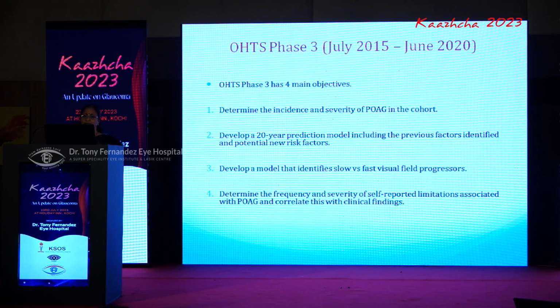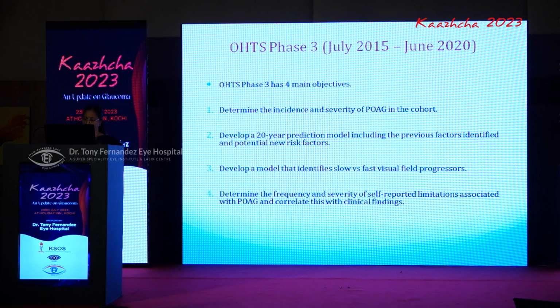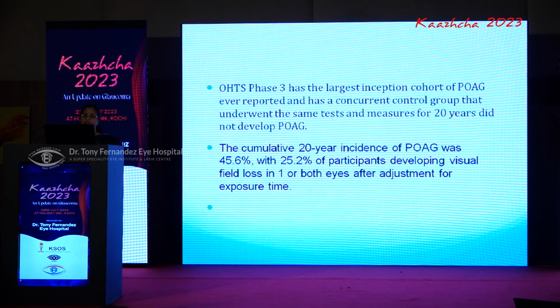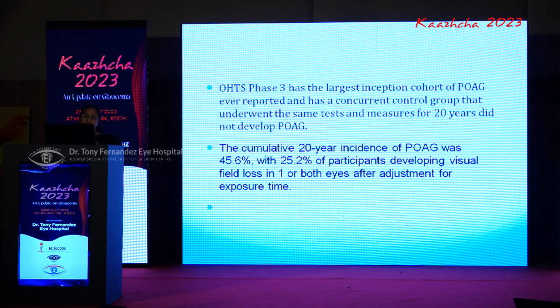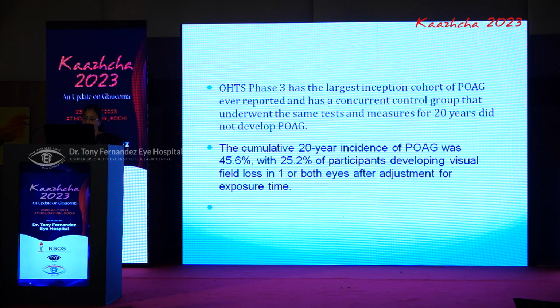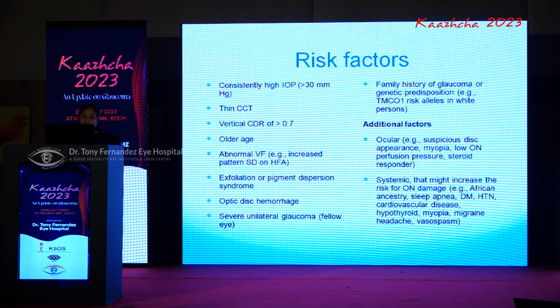And the phase 3 was again evaluated, and it was shown that the cumulative 20-year incidence was 45.6%, with 25.2% of patients developing visual field loss in one or both eyes after adjustment for exposure time. So it's important to start treatment at an early stage, but identify the patients who need treatment and regular frequent follow-ups. So the risk factors identified in the various studies I have just listed, all of you must be knowing: